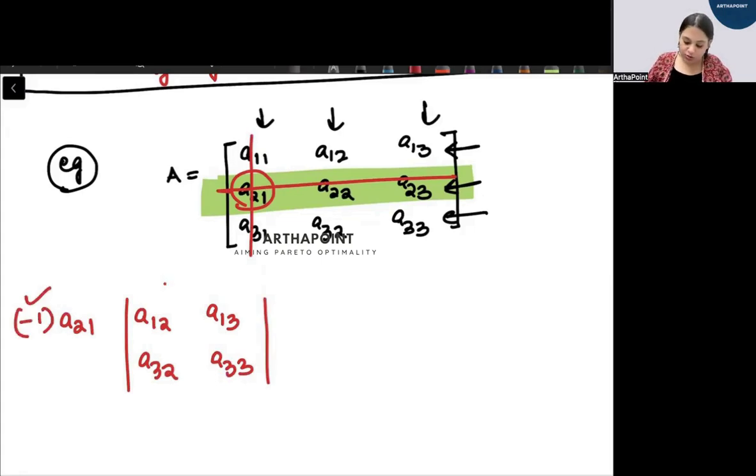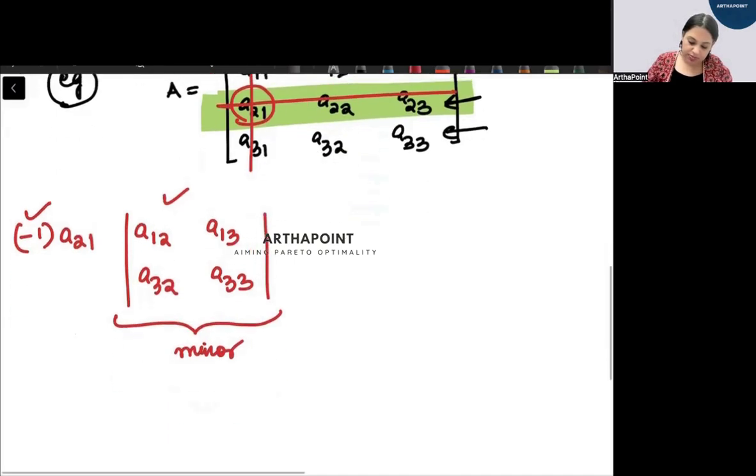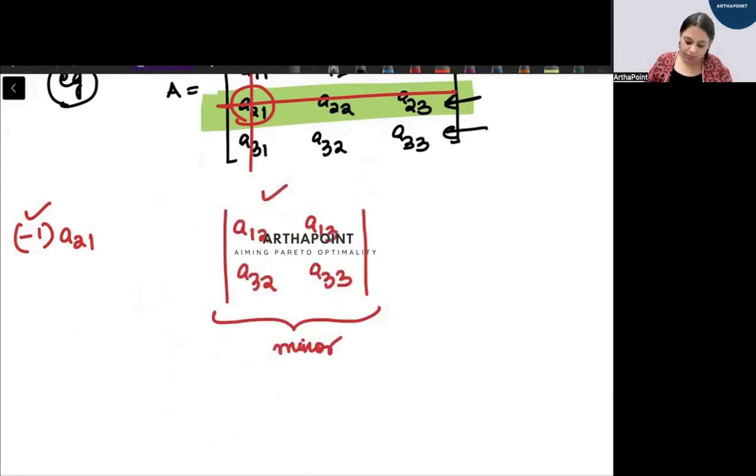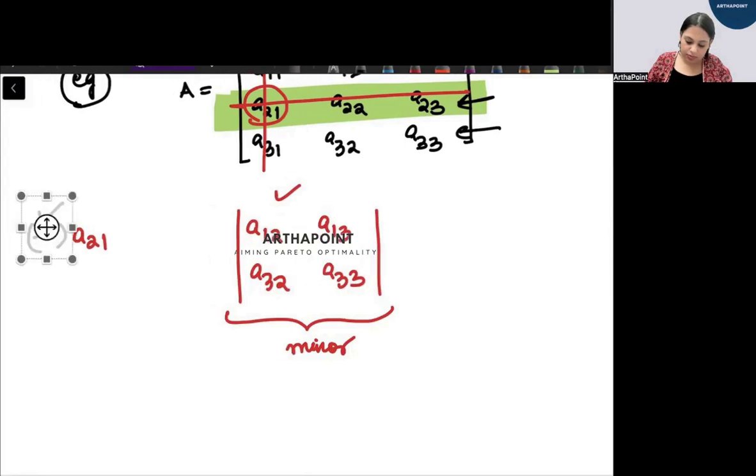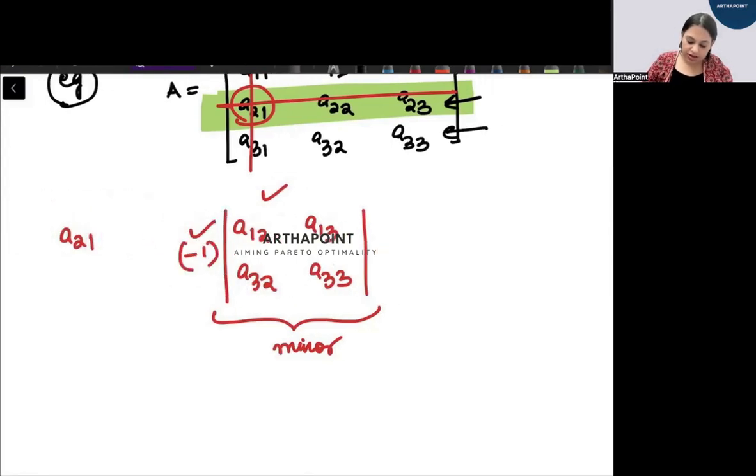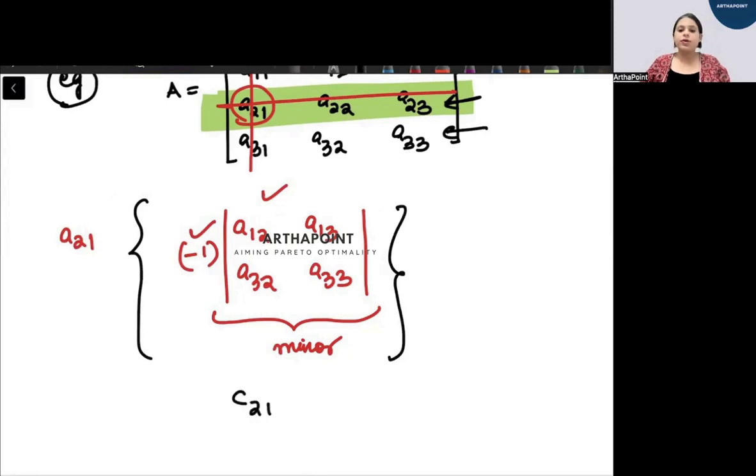So this into this, इतना सिर्फ निकालते हैं तो इसको हम बोलते हैं minor. और जब हम इस minor के साथ sign लगा देते हैं, when we put a sign with this minor, तो ये जो part total होता है, this is cofactor of A21, है कि नहीं? So plus